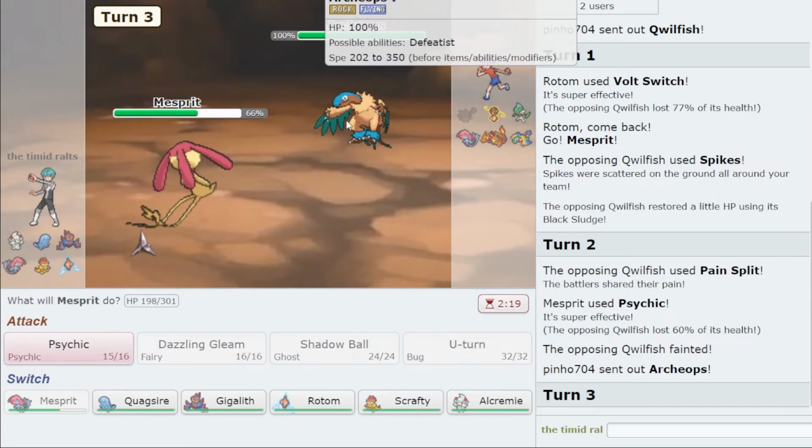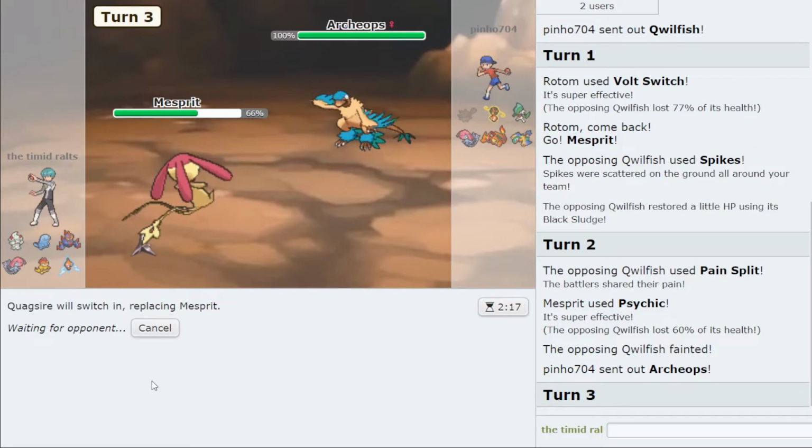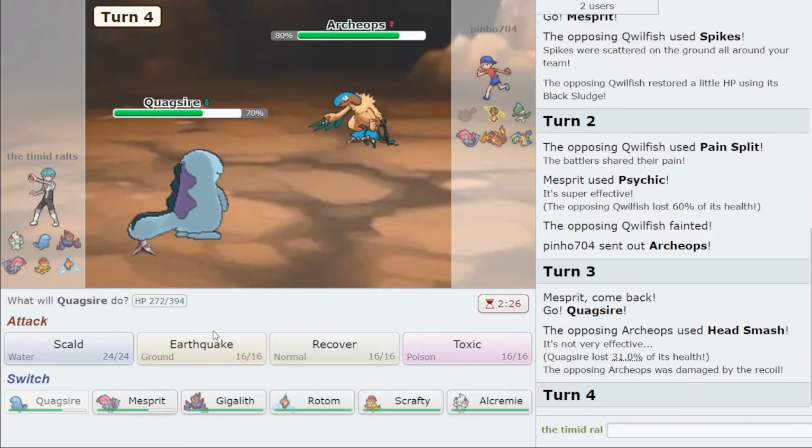Okay, so go Archeops here. I'm going to go Quagsire because I'm sort of forced to. That is going to be Quagsire's dedicated role in this game. Deal with the Archeops. Please save us. And I'm going to click the...